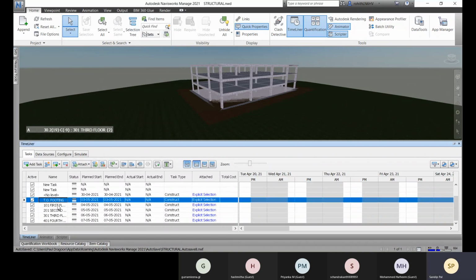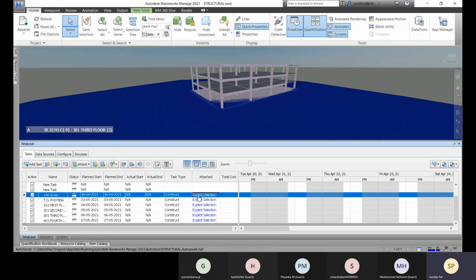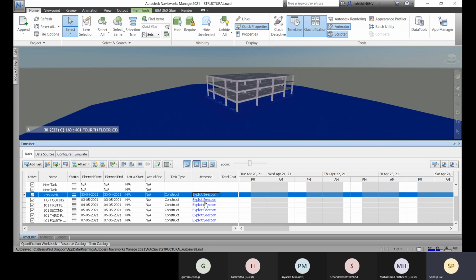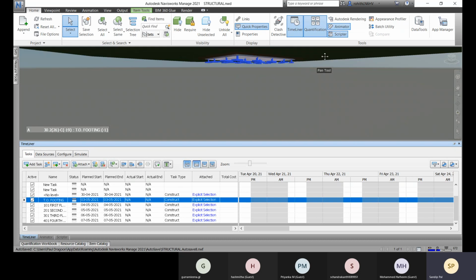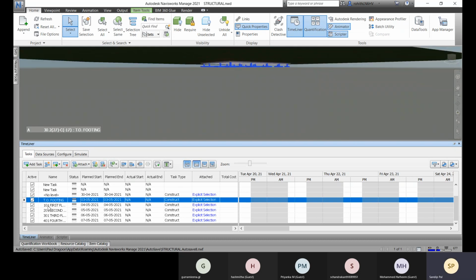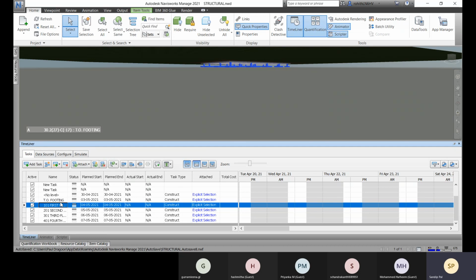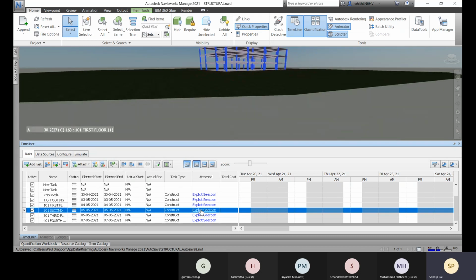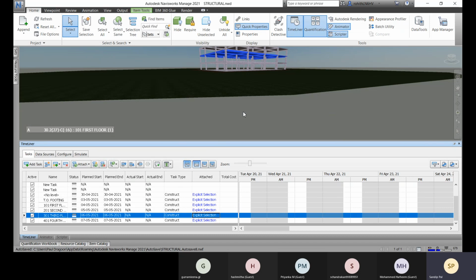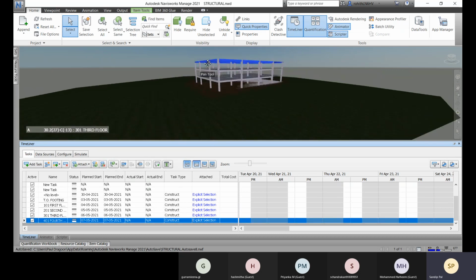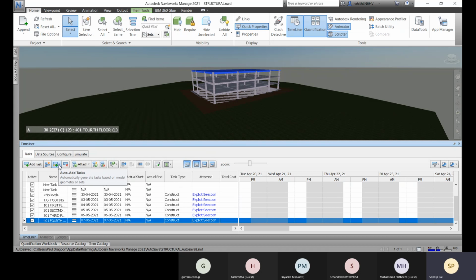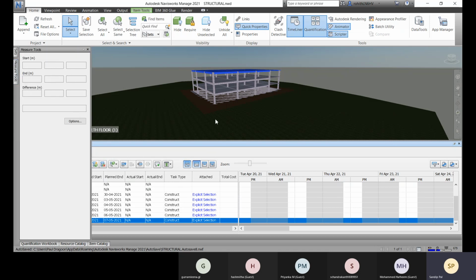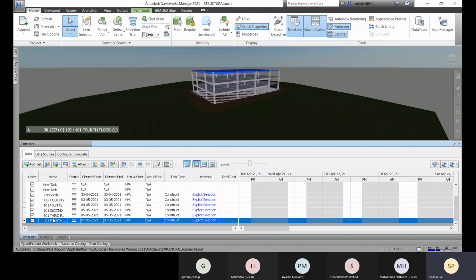Okay, so for no level some objects are there, so these are at no level. So as per this you can assign. Okay, also as per your model level, as per your file levels you have, as per that you can select it. So these are the selection objects, and then this, and then this, it will go like that. Okay, so it will be easier for you also if you have created your model and levels like that. So it will be easier for you to assign the task.